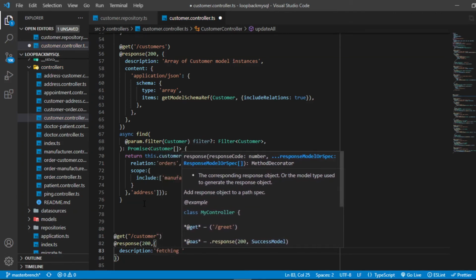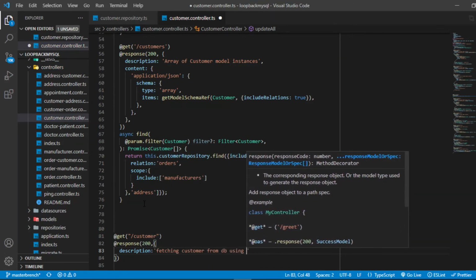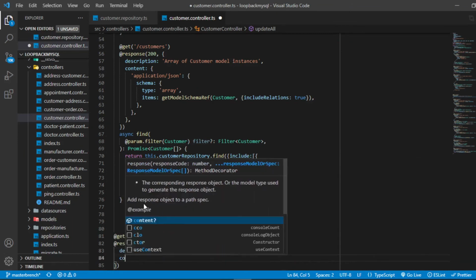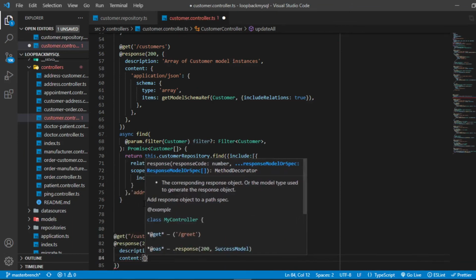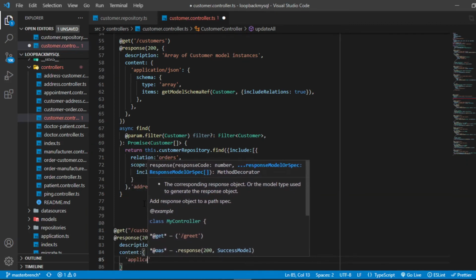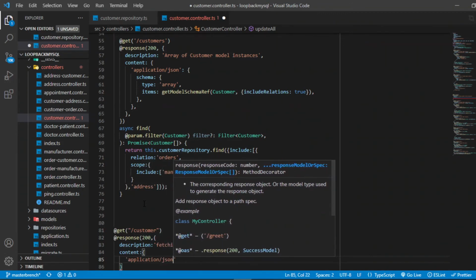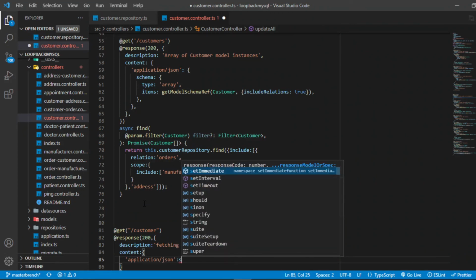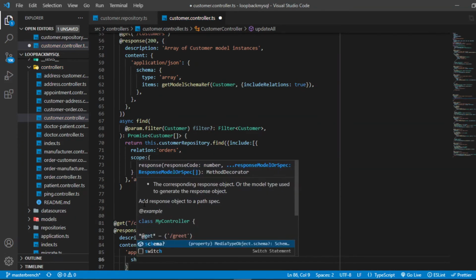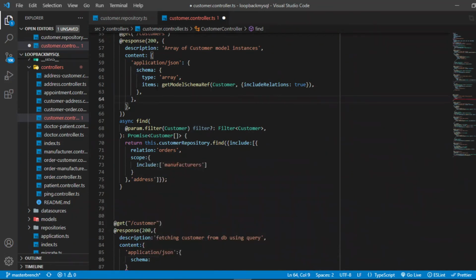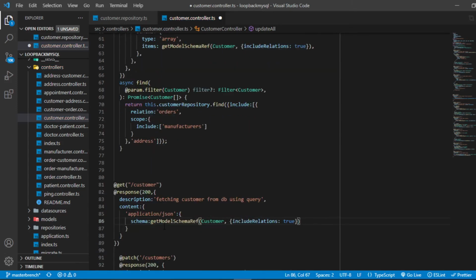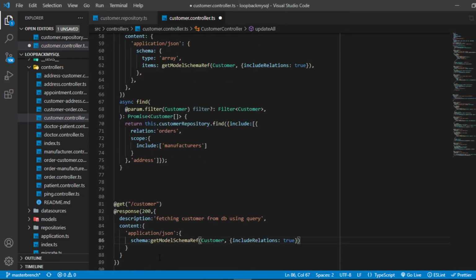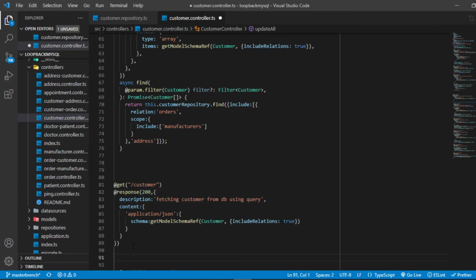fetching customer from DB using query, and then we have to provide content type, and this content type will be an object, and here application slash JSON, and we have to define schema, and this schema will be equal to this. Okay, and once you define this,